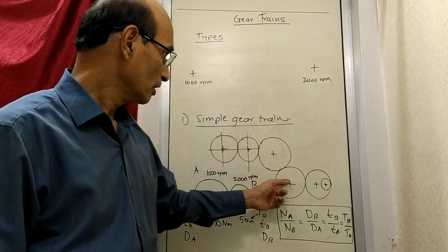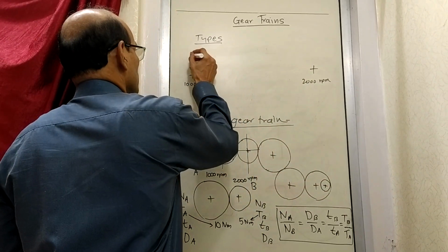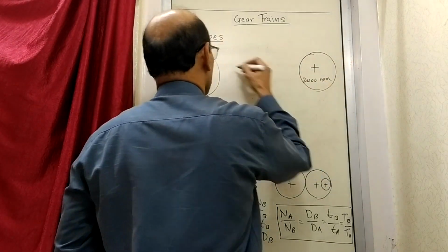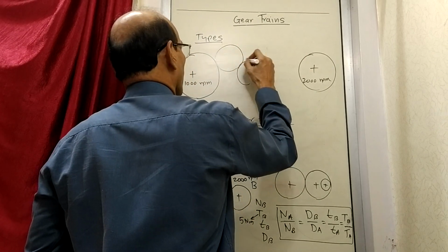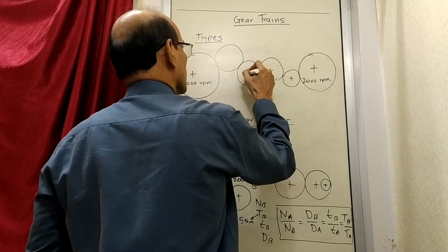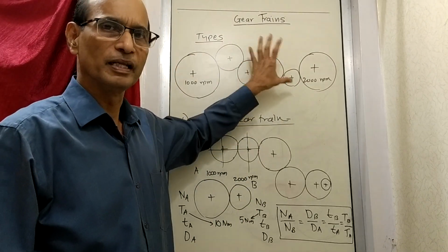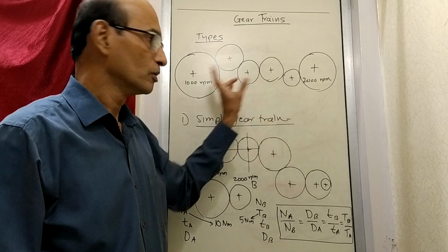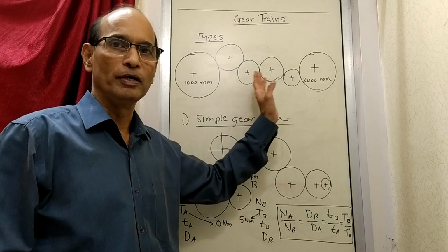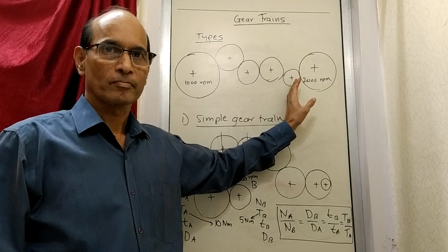So now what do we do? We make use of additional gears here. That means from here to here, we are adding so many gears. Suppose I draw this gear like this, and this gear like this. In between, you are adding multiple gears in order to reach this place. So 4 gears are added, maybe 3 gears, 5 gears we are placing in between, so that the drive is transmitted here. Now what will happen to the speed? By doing this, is the speed going to change? Let us see what happens.